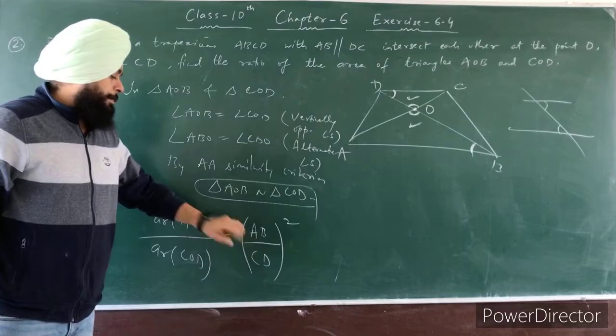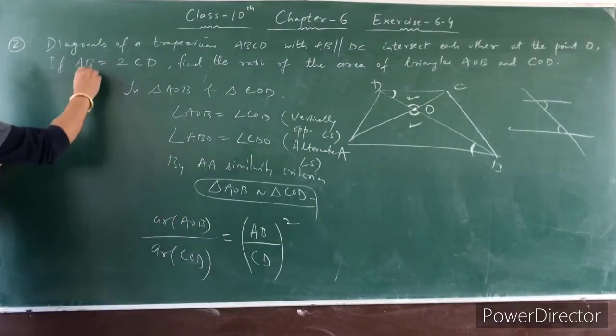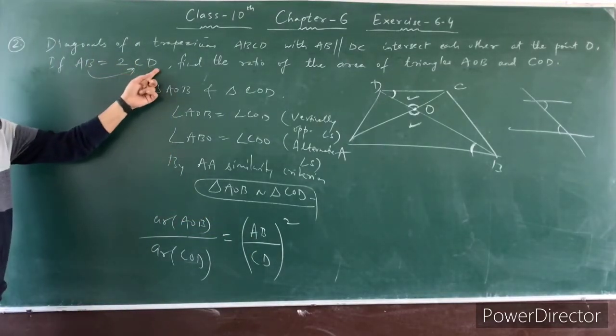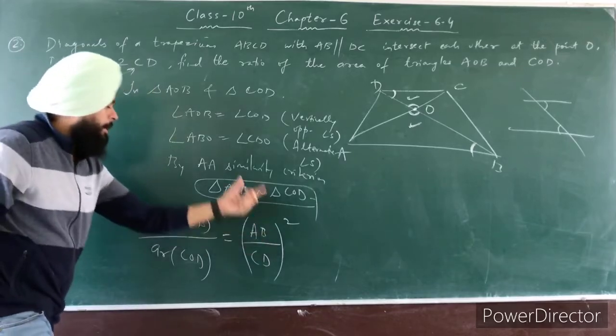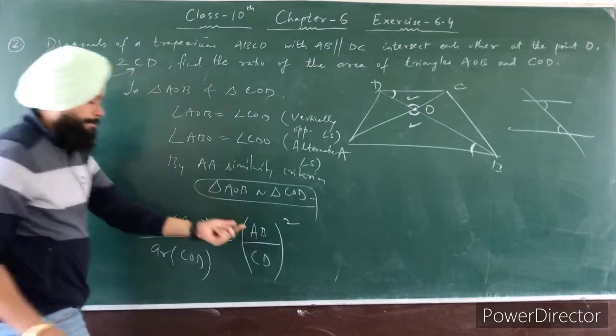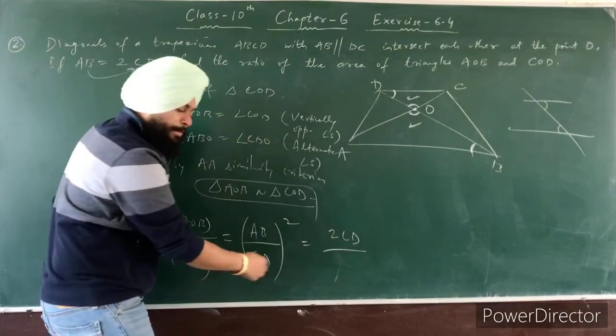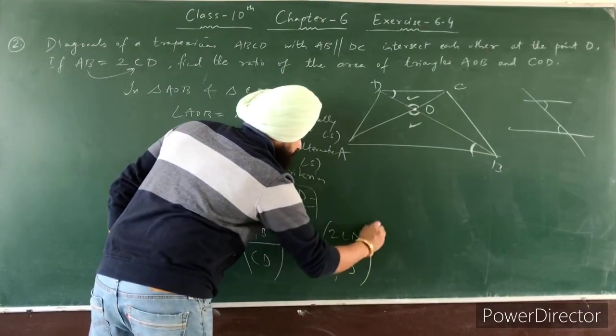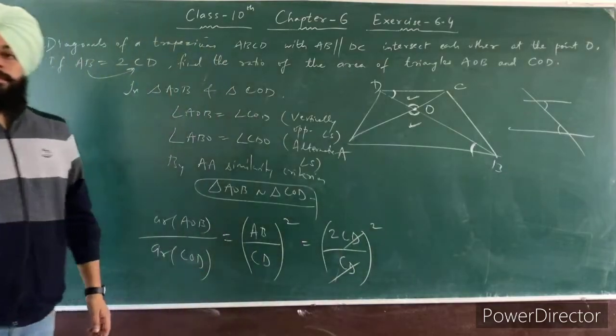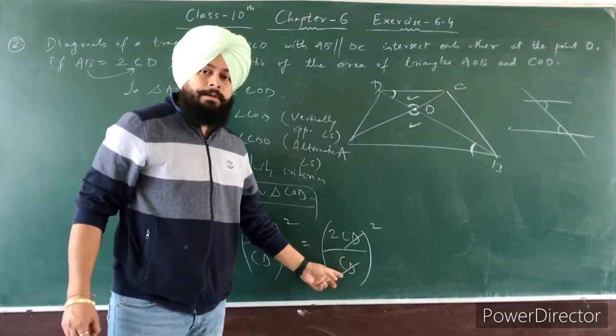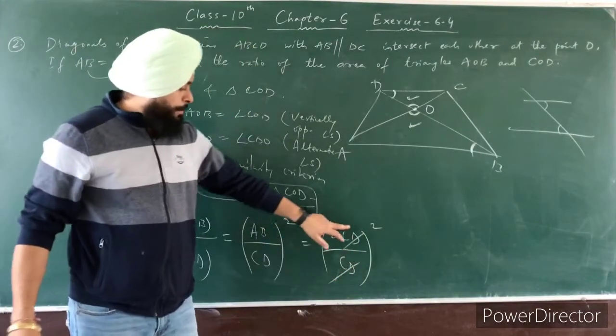Now what is the value of AB? It is given already. AB is equal to how much? 2 times CD. So you can put the value of AB, this one, 2 CD. So it is 2 CD divided by how much? 3 4 the 6. Now CD cancels, because the numerator and the denominator are the same. So CD cancels.